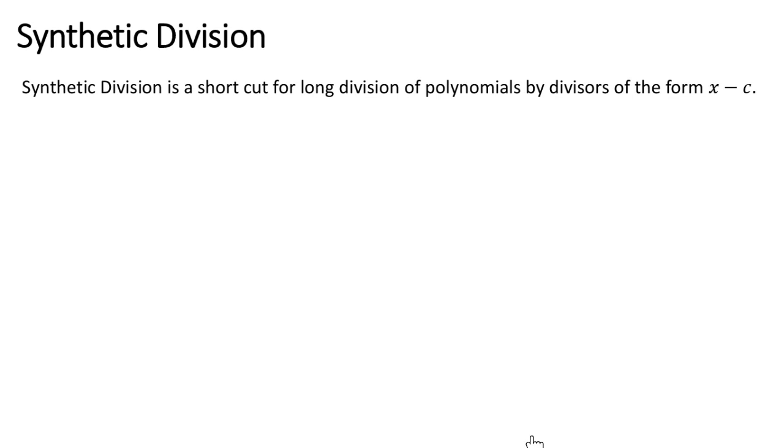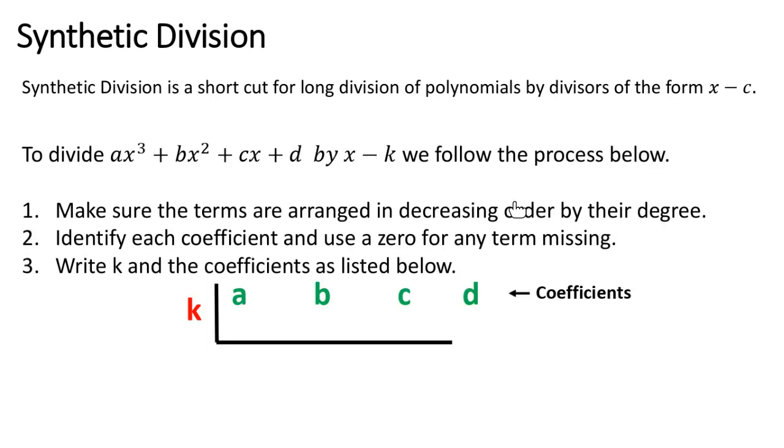So synthetic division is basically a shortcut for long division. And you can use synthetic division if you're dividing by a polynomial that is 1 degree, x minus c. And in order to divide, one of the things that you have to do first is look at the coefficients in front of the variables, so the a, b, c, d here. And you want to list those here, and you always want to make sure that you arrange them in decreasing order by their degree. So in this case, the a is paired up with the x cubed, so that would go first. And then once we do that, if you're missing any, can everybody else see the slides? Give me a thumbs up if you can. Okay. So